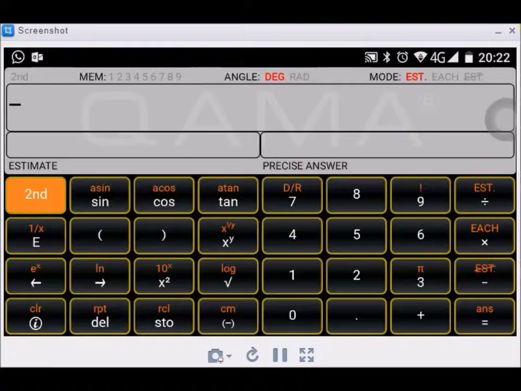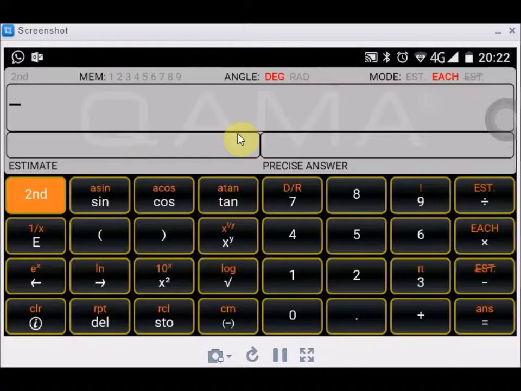Okay, we've all seen the sevens problem from Which and on the internet, where you have to get the right answer. So we're going to try that on the QAMA calculator. This is just a screenshot of my Android app, and I shall use what's called the each mode. To get it into the each mode, I press second and then each. There's a bit of a lag on here, but we can see the each mode's now